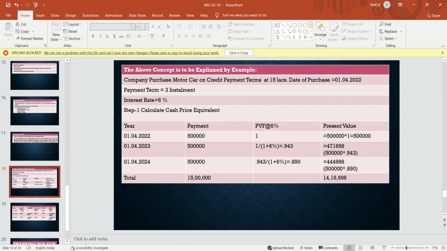So what is the present value of that 5 lakhs? Because that 5 lakh includes the interest part also, because the company has purchased that asset on credit payment terms. So on 1st April the company has paid 5 lakhs. That is the down payment. We first calculate the cash price equivalent of that asset. So we will use the present value factor. In year 1 there is a 5 lakh payment which does not include any interest, so the present value factor will be nil, and the company multiplies with 1, equals 5 lakh,